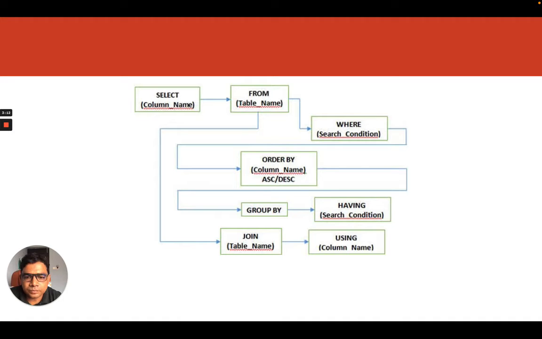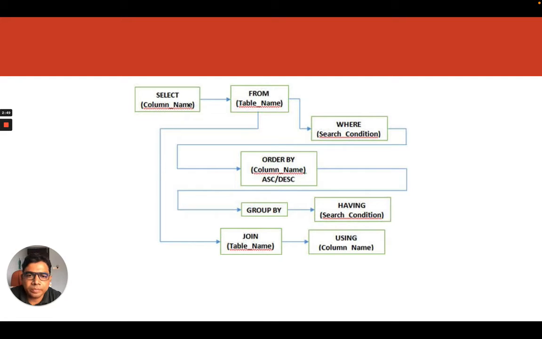Now this is very important, how the workflow is. In any query we have multiple sets. So the query is divided into 8 parts. First is the select statement, where we select the column names, and then the from table names.